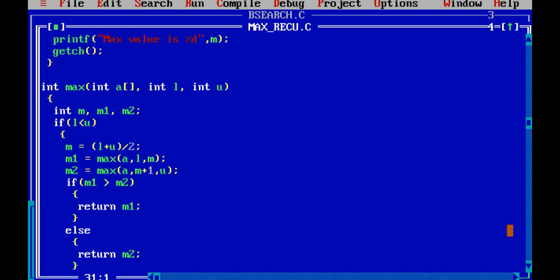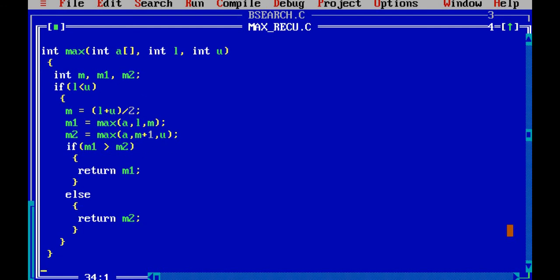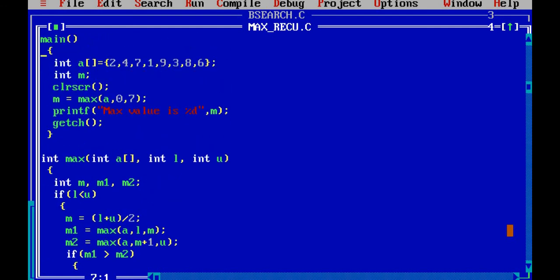L plus U by 2 returning 1. Okay, let's see. 0, 1, 2, 3, 4, 5, 6, 7. So 0 to 7 I have passed here. L is lesser than U, yes.